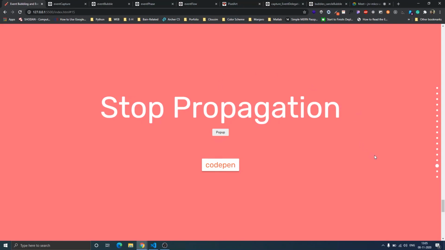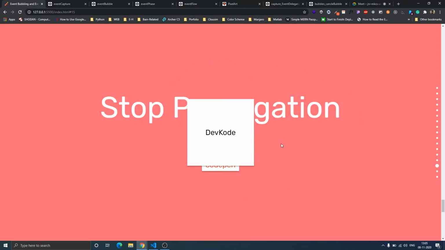Now we'll see a real example of where we can use stop propagation. Consider you are building a pop-up modal. I just built one. You can see there's a scenario where, when users click outside this modal, the pop-up modal should close. If users click on this modal, then the pop-up shouldn't close. In this scenario you can use stop propagation